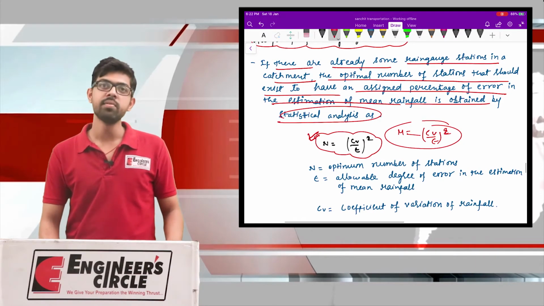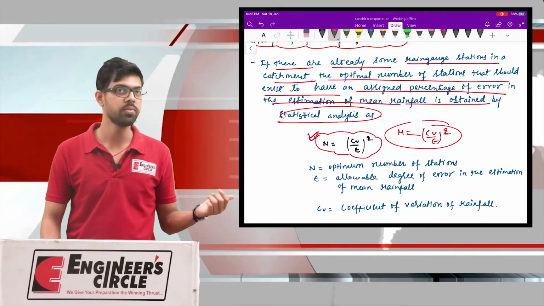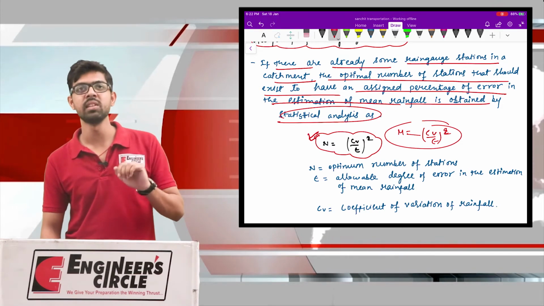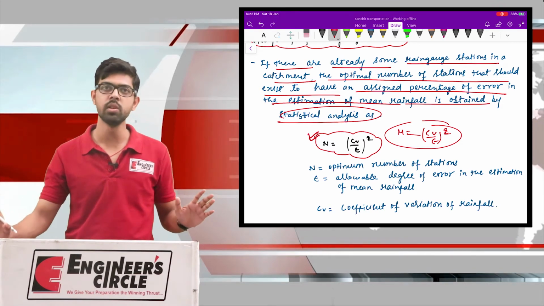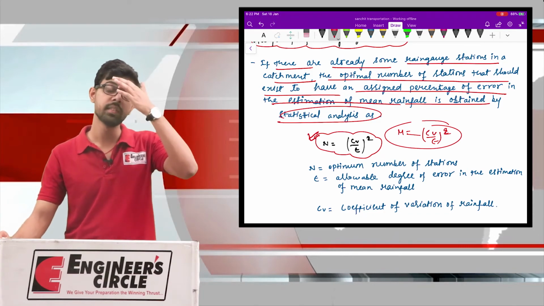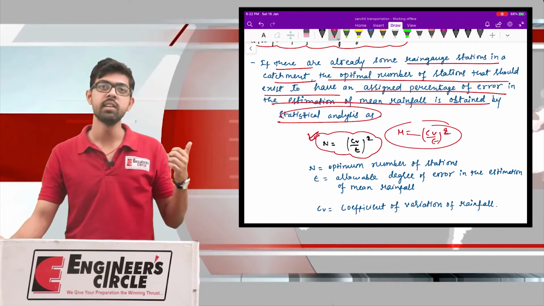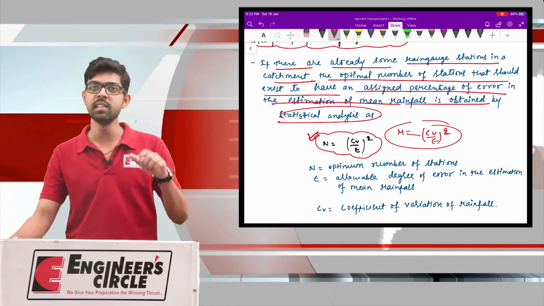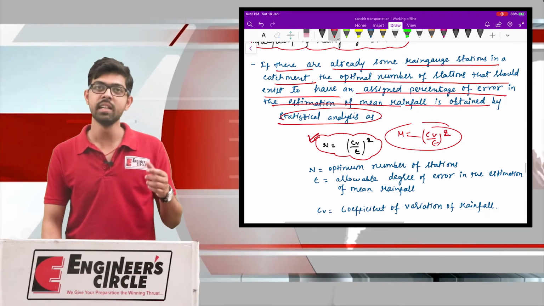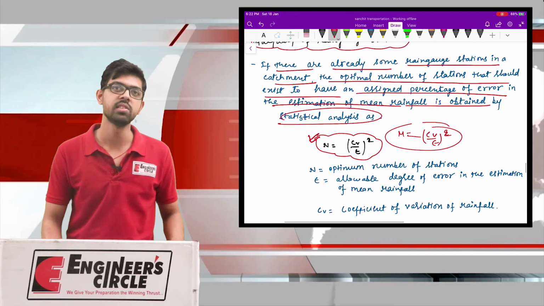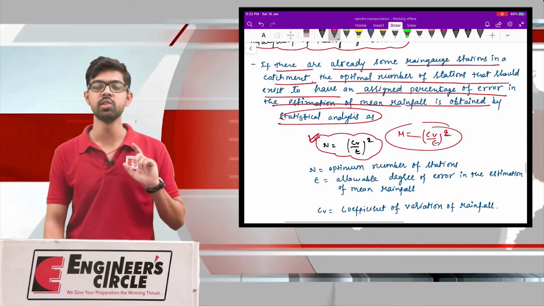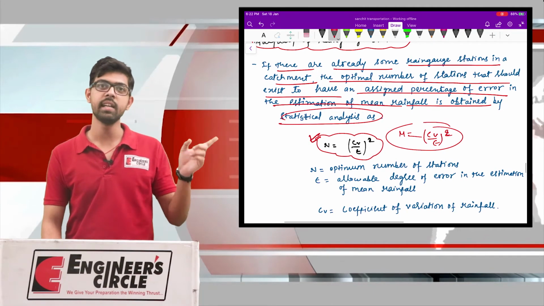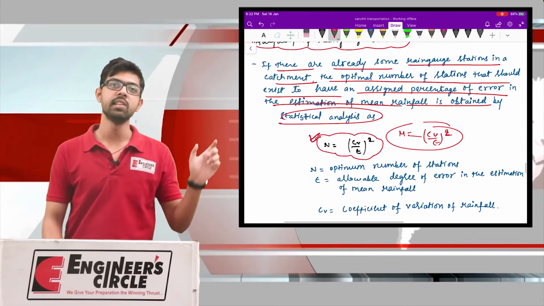Okay, so if on comparing the total number of rain gauge stations already there with the number we calculate by the formula, it comes out the same, there would be no issue. And if the number of stations already there comes out higher than the optimum required number, then also there is no problem. But if the rain gauge stations already in a given catchment area and the number calculated with the help of the formula mentioned over here show a mismatch between the provided and the actual required, then you need to provide that additional number of rain gauge stations.